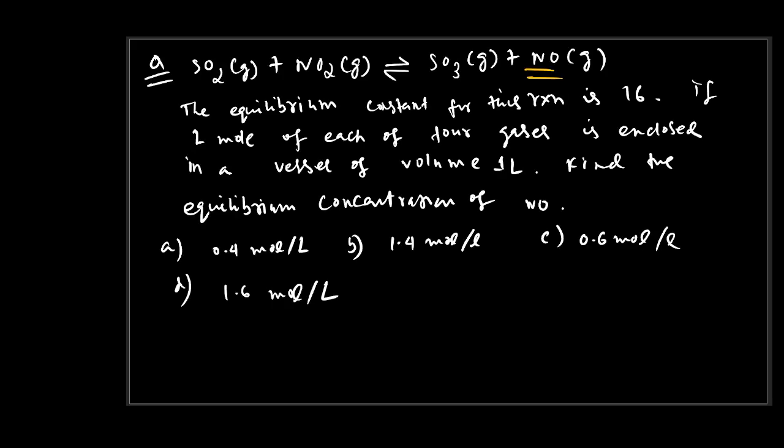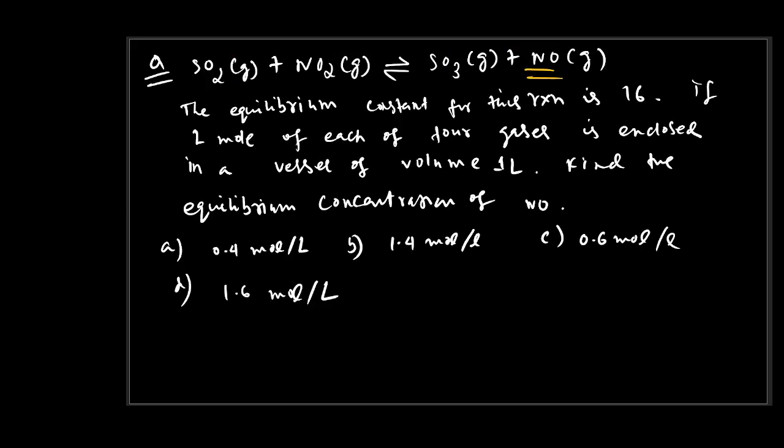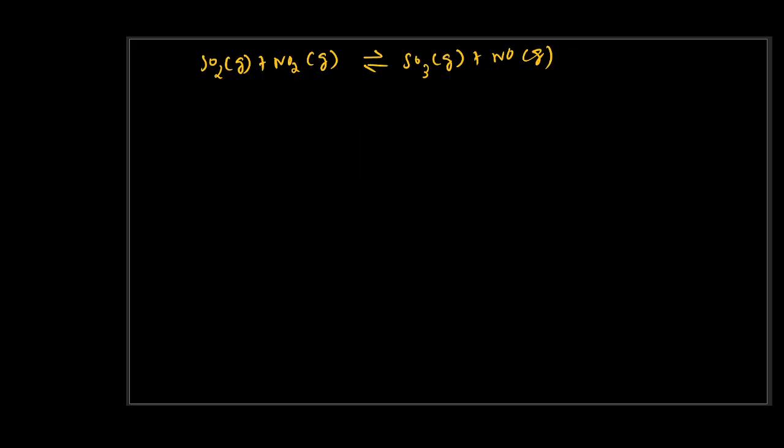That is SO2 gas plus NO2 gas going to give SO3 gas plus NO gas, and given that the equilibrium constant for this reaction, Kc, is 16. If 1 mole of each, 4 moles in total, is enclosed in a vessel of 1 liter, find the equilibrium concentration of NO. So they are giving that at T equal to 0, all the 4 gases have 1 mole,